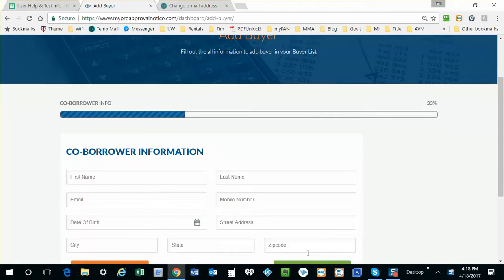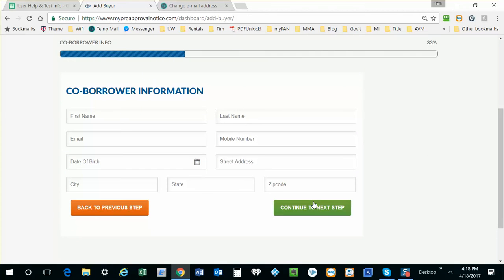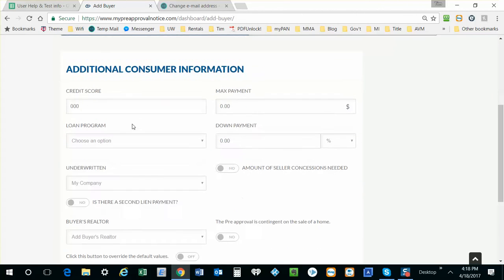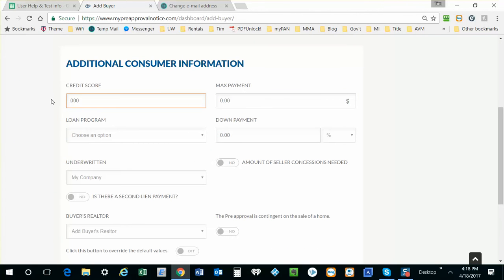Next page is going to be about the co-borrower. You can skip over the co-borrower if there is no co-borrower. In this case, I'm just going to do that. Then you're going to put in the information about the pre-approval, things like the